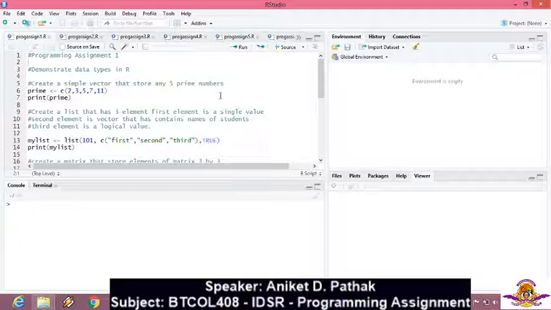Similarly, R is also a language, and we are going to demonstrate with the help of a program what different data types are available to us. As we know, there are vectors, lists, factors, and data frames, and we will be demonstrating this step by step.